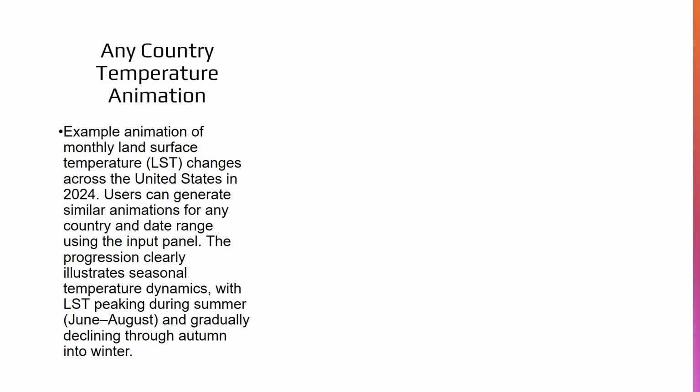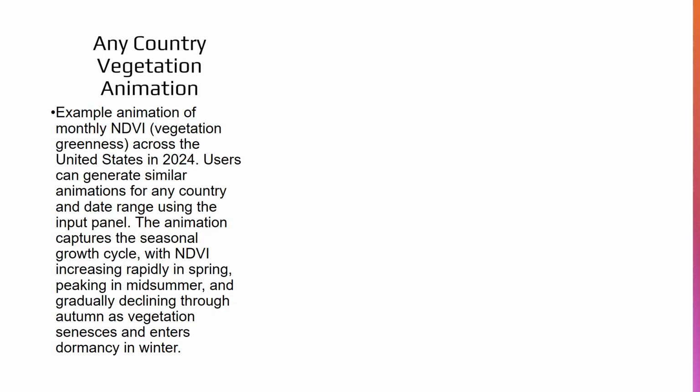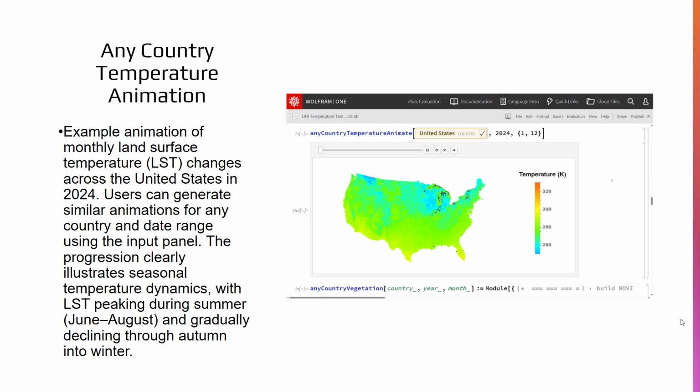I also generated monthly animations. Here's one for 2024 in the United States, showing how temperature peaks in summer, declines through the fall. It clearly captures seasonal cycles and adds a time dimension to the static maps. Unfortunately, the video does not play on the PowerPoint, but in the code notebook, if you went there, by clicking